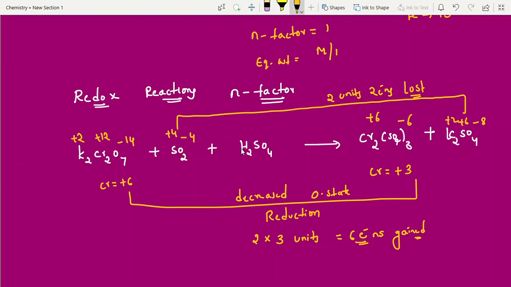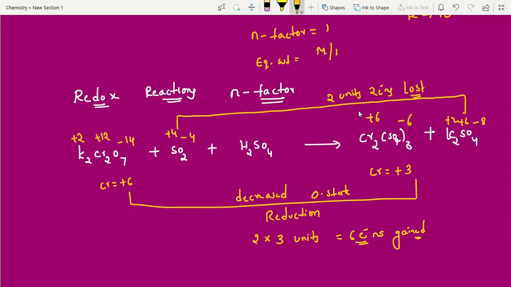K2Cr2O7 with H2SO4 acts as an oxidizing agent, meaning it is oxidizing the neighboring group. Who is the neighboring group? He is the neighboring group. Alone he is not oxidizing, right? Somebody is oxidizing this one, and he is ready to undergo reduction. But who is doing this one? This one acts as the reducing agent, and that one acts as the oxidizing agent. That is a redox reaction: oxidizing agent and reducing agent.